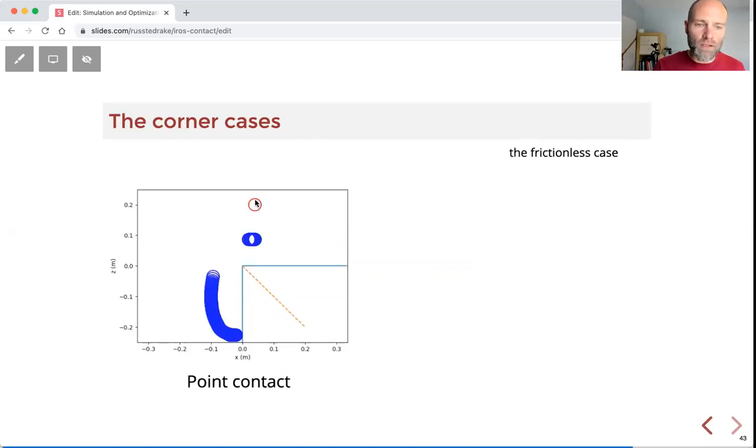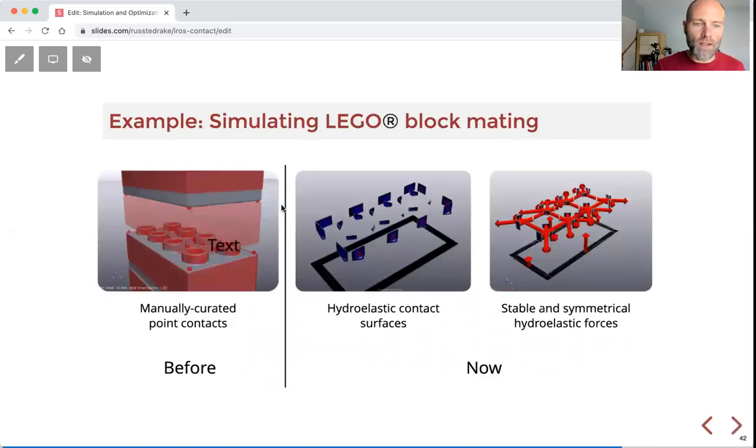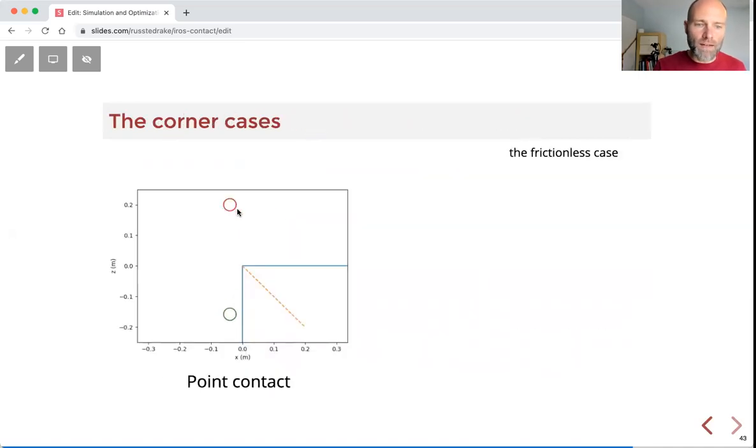Then we'll just simulate a handful of different initial conditions as I move this from left to right. I'll start that again. So as I move this from left to right, it's just a handful of different conditions of dropping a passive sphere towards the corner of the box. And it's showing you the simulator output.